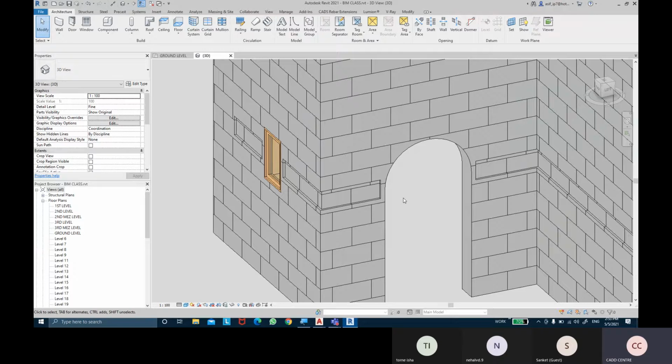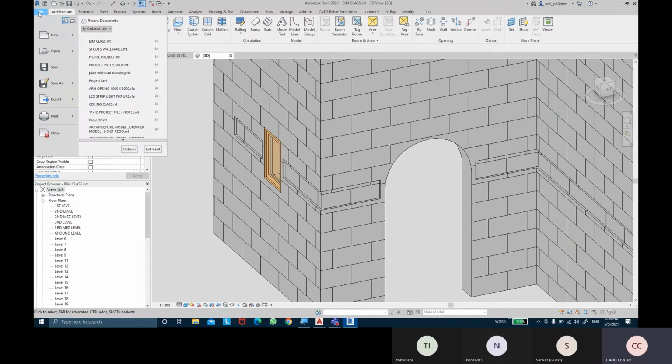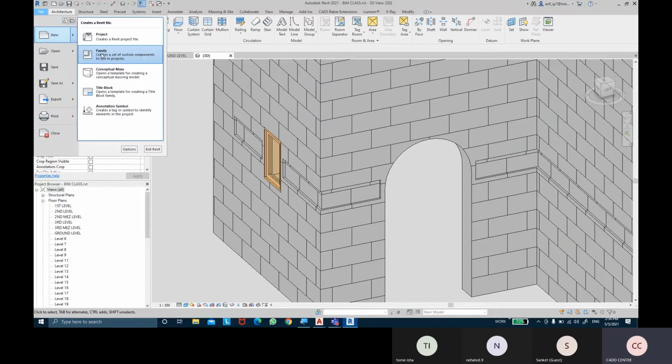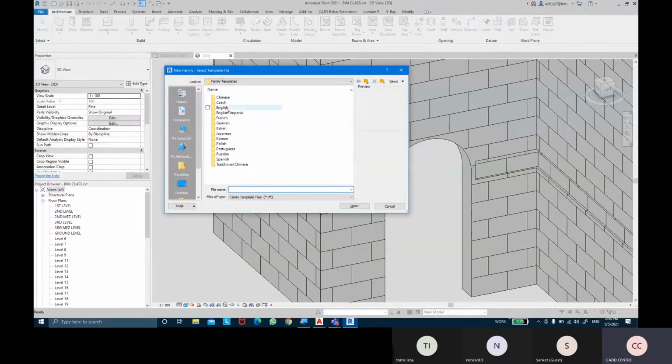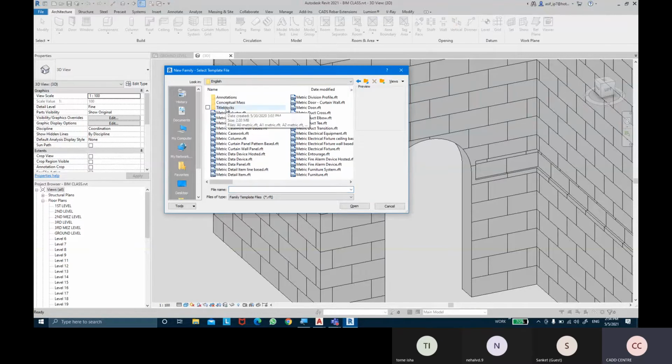To create your own profile of reveal, we'll come into the file menu. From the file menu, we're going to take new, then family. From the family, we're going to take English, and from the English folder, we're going to go into metric profile. We want to create a profile for the reveal, so I'm going to search for a template called metric profile reveal.